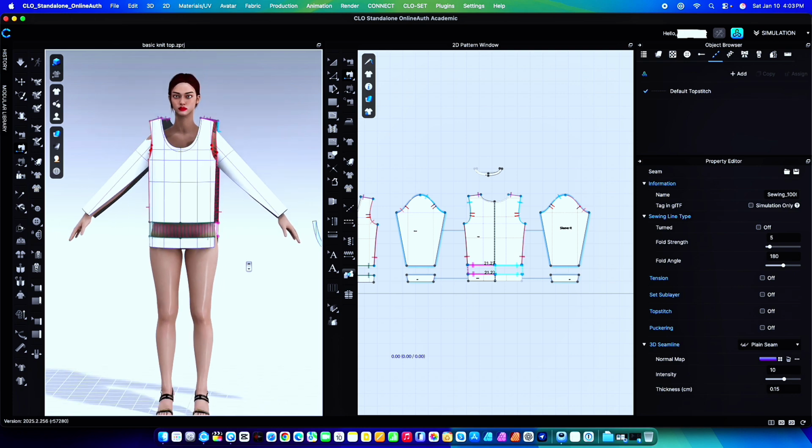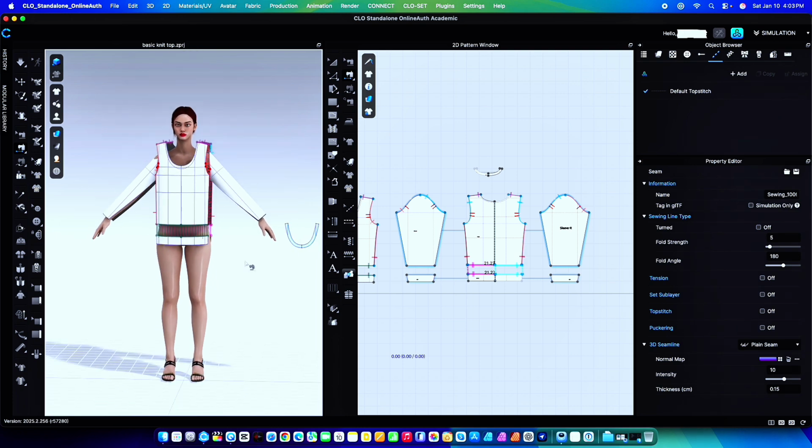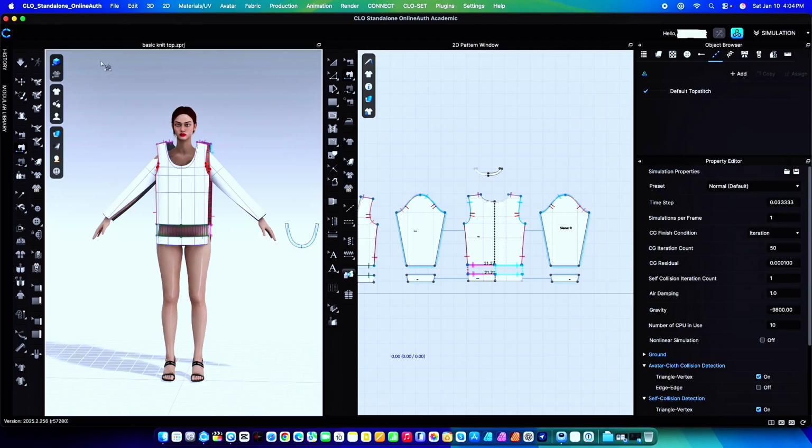So here, we're going to simulate. All right, to simulate, guys, we use the simulation tool here. By default, I have this normal default simulation. You also have fitting, accurate fabric, and animation stable. Animation is particularly used for animation, and fitting accurate is when you do high rendering. For the most part, we want to use normal default because that's the fastest, most computers can handle it, and